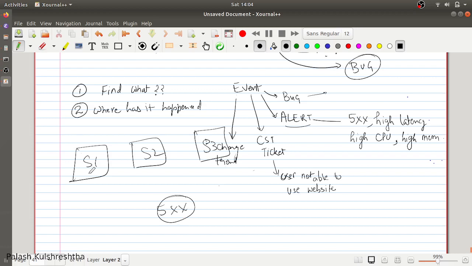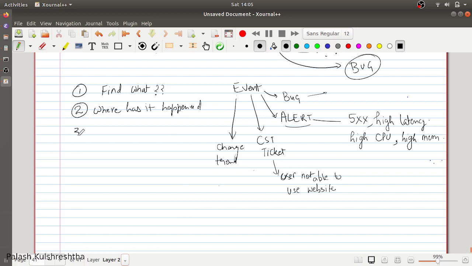You have to pinpoint on which service that event has happened. Whenever you are debugging anything, you should know where that event has happened, what the source of that event is. Once you have pinpointed the source of the event, you can go about digging further into it. So that is number 2.